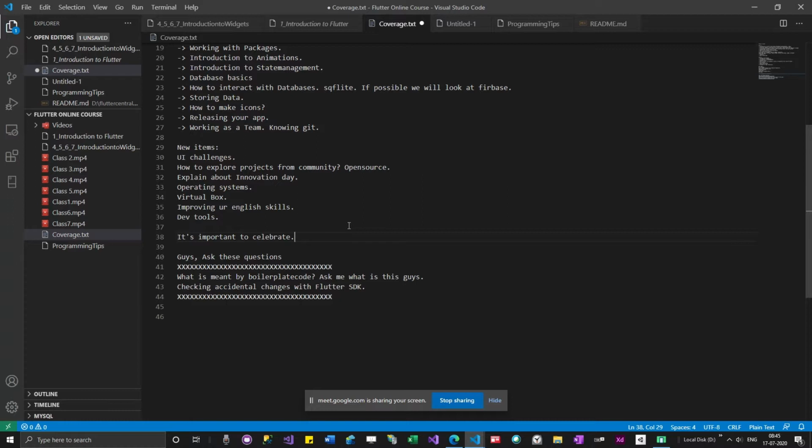So in order to find inspiration, whenever you achieve some small thing, you have to celebrate. You have to appreciate yourself. You have to tell yourself that okay, I have done something very good. Even though it's a small thing, if you are learning, that's an achievement. So it's very important to celebrate. Even if you join some company, they will ask you to celebrate. But if they're not asking you to celebrate your small achievements, trust me, that's not the company you should work for.